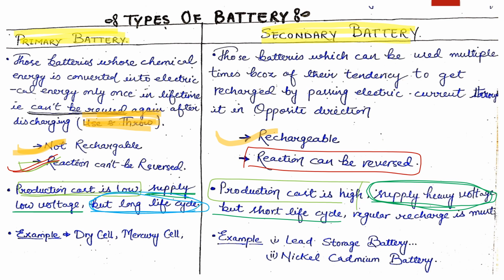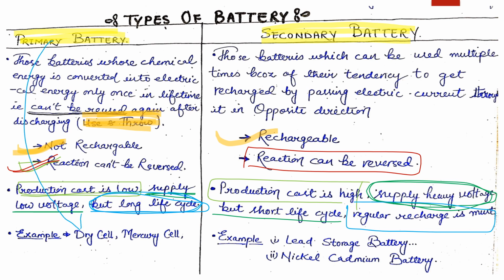Long life cycle means once the primary battery is fully charged, you can use it for about 3 months, 4 months depending upon the usage. But the secondary battery, once fully charged, can be used for about 3 hours, 4 hours only. Now an important point which you should learn or memorize is that primary batteries are of two different